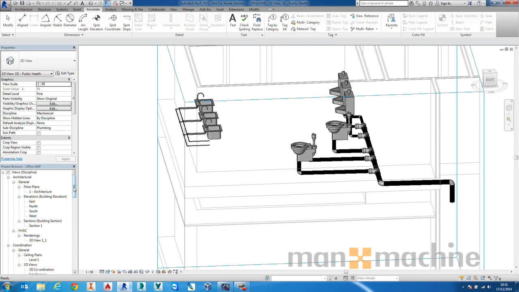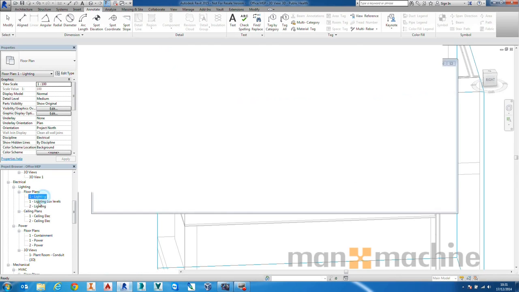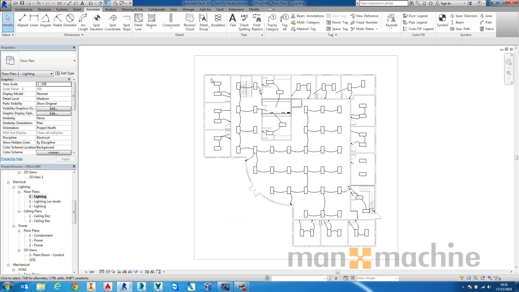So the last thing I want to take a look at here is lighting. And again, the procedure is very much the same. It's following the same intuitive tools that we're already seeing. I've got a lighting floor plan where we can see that we've got our lights placed into our rooms. And perhaps what I want to do to begin with is have a look at some lux levels. So I can come across to this view